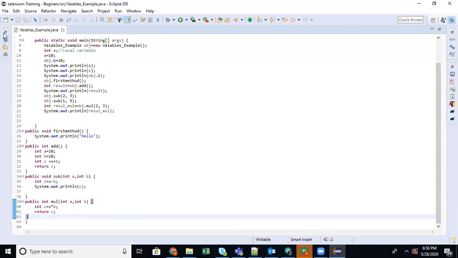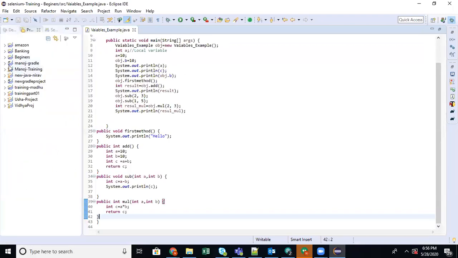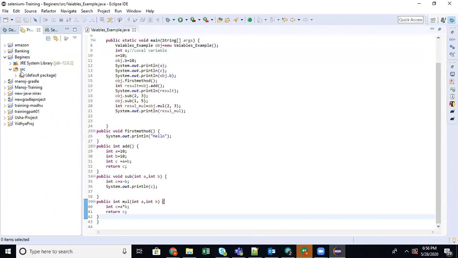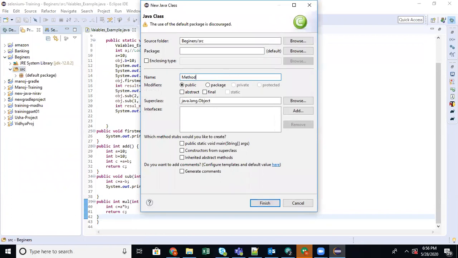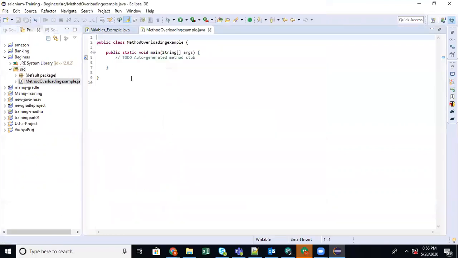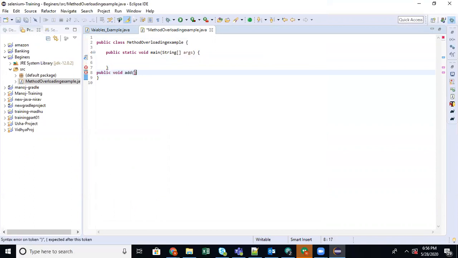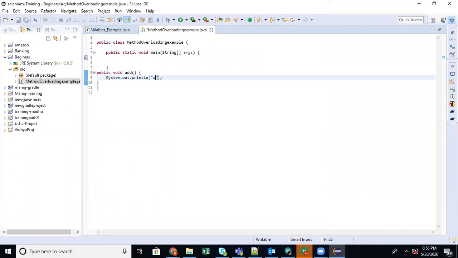Okay. Now, for example, let me create a new class. Creating a method public void add. Next method is public void add.